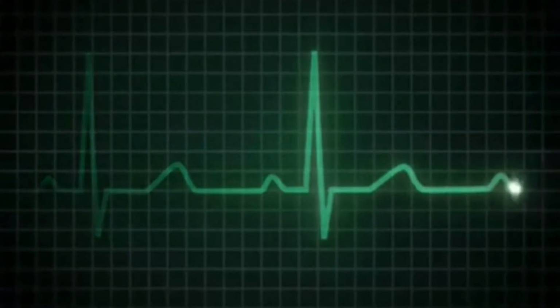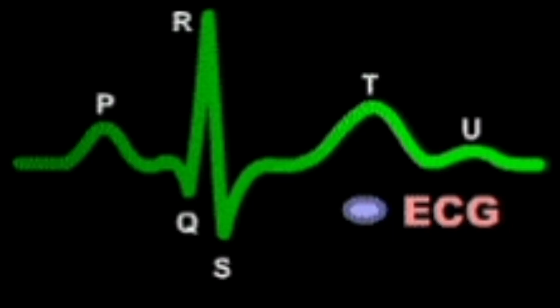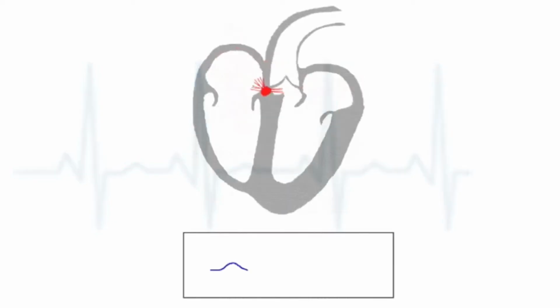Next comes the T wave. It is a broad and smoothly rounded deflection which represents the return of the ventricles from the excited state to the normal state. That is, the repolarization takes place. The end of the T wave marks the end of the systole. It has been observed that by counting the number of QRS complexes that occur in a given time period, one can easily determine the heart rate of an individual.